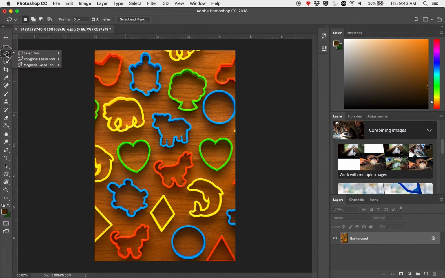After the lasso tool, if you click and hold, there's the polygon lasso tool. The polygon lasso tool allows you to click on a point. Let's say I wanted to select this diamond. I could click on the point at the top, and then I could click on the next point. I could click on the next point, and I click on the next point, and then I come back to